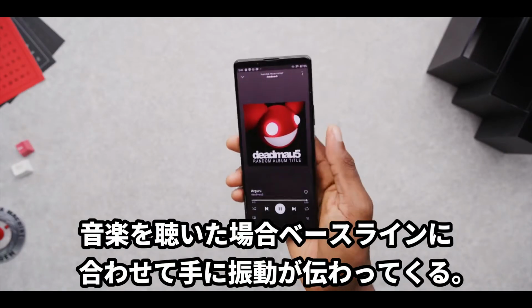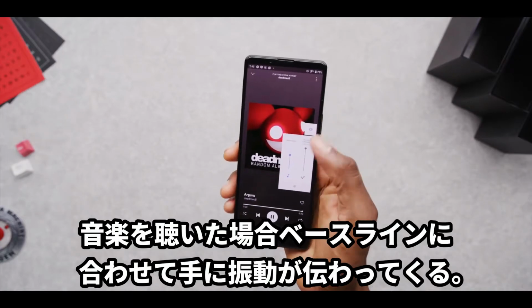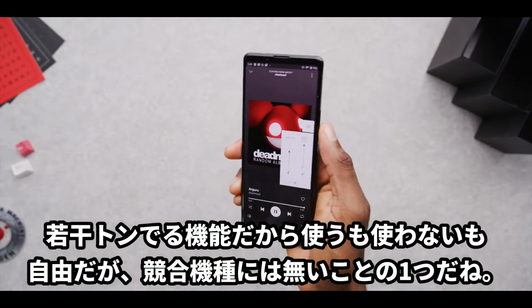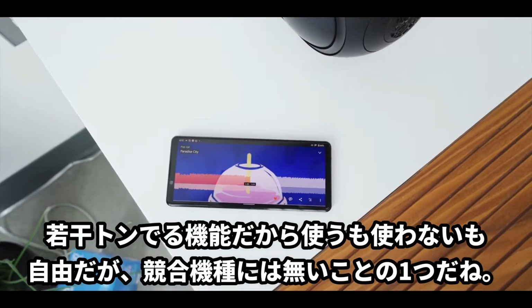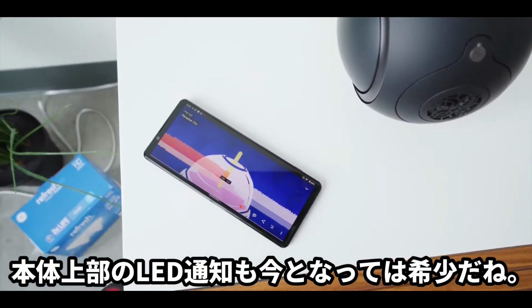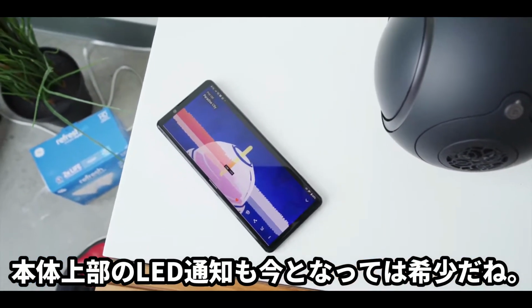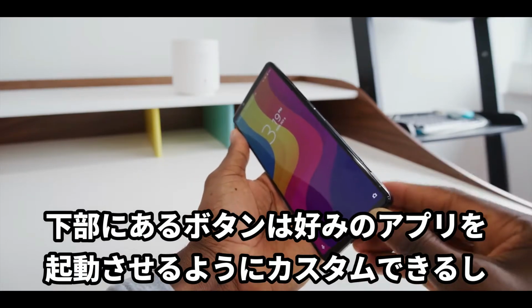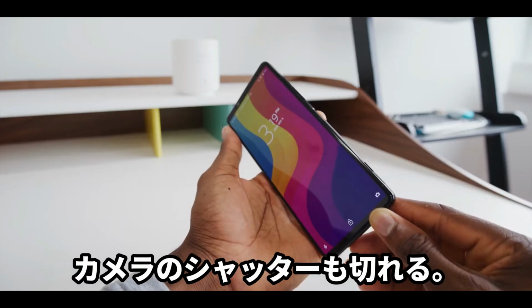So in songs with a bass line, the phone is literally buzzing in your hand with every bass kick. It's kind of wild. You might want to turn it on or off depending on what you're doing, but that's also not something I've really seen done on any other phone before. And this phone also even has an LED notification light up top, which is rare these days, and an extra customizable button at the bottom that can be used to launch apps or use as a shutter button for the